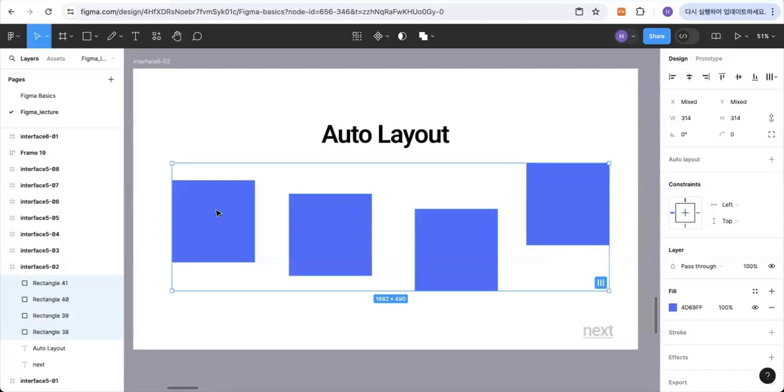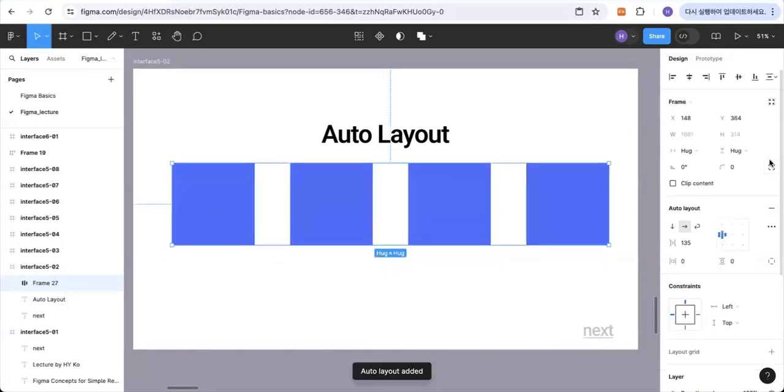First, select all 4 squares, then click the Auto Layout plus button on the right side of the screen. You will see that the squares align perfectly at once. And you can also adjust the spacing between them, either using the right panel from here, like this,